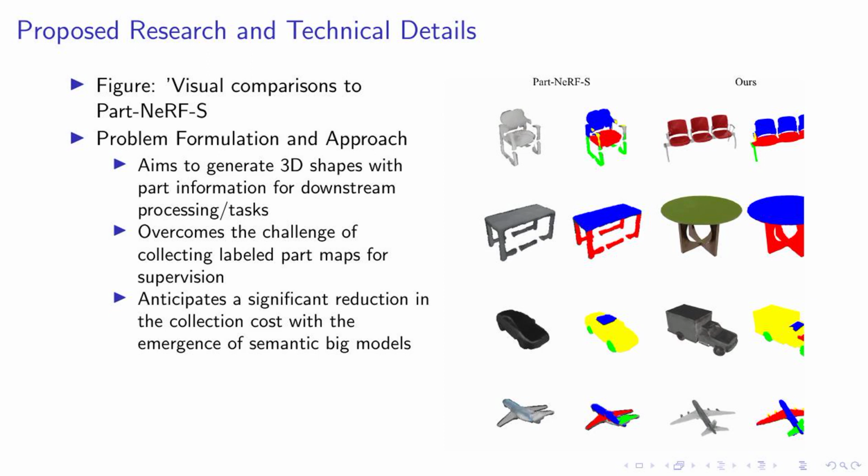Now, if you turn your attention to the figure on the right, you'll see a visual comparison of our method to PartNeRF-S. This comparison clearly illustrates the superior quality of the 3D shapes generated by our method. Our approach not only overcomes the challenge of collecting labeled part maps, but also enhances the resolution of the voxel field, resulting in high-quality rendering results. This is a significant step forward in the field of 3D shape generation, and we're excited about the potential applications